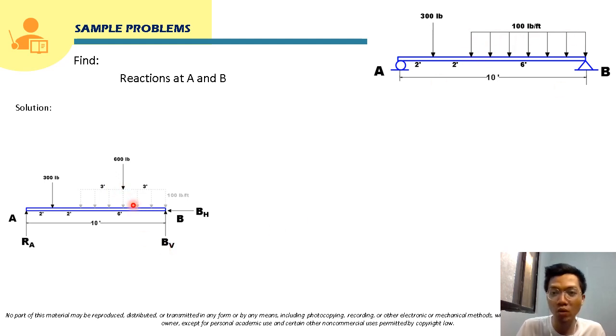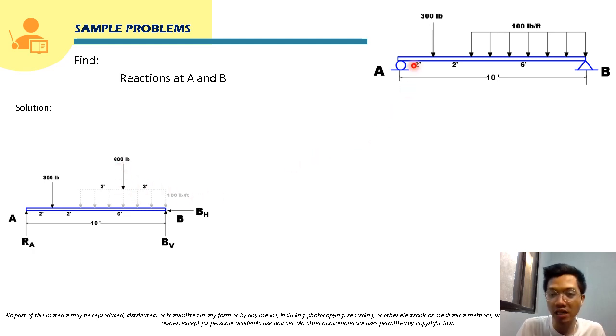That will just be 100 pound per feet times 6 feet, its length. Feet will be cancelled and it will give us 600 pounds. It will be applied at the center, at the mid-span of this distributed load, which is 3 feet. That will be its location or position. And